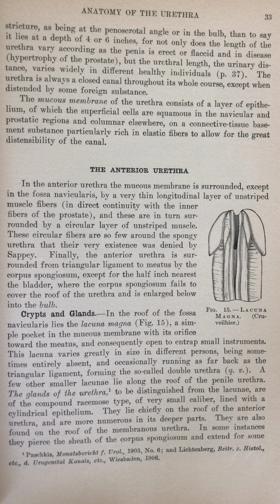Finally, the anterior urethra is surrounded from triangular ligament to meatus by the corpus spongiosum, except for the half-inch nearest the bladder, where the corpus spongiosum fails to cover the roof of the urethra and is enlarged below into the bulb. Crypts and glands. In the roof of the fossa navicularis lies the Lacuna Magna, figure 15, a simple pocket